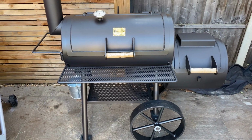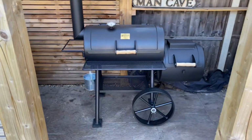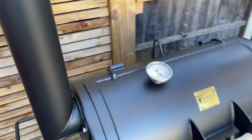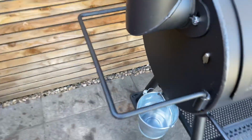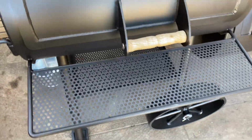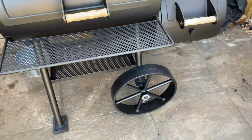If you haven't got much room or you just want to get into offset smoking, this is a really good little unit. It comes with all the usual accessories like the other units. For instance, you've got a thermometer port there, you've got the handle, drip bucket. Now this front shelf isn't detachable, this is welded on, so you do have to consider the width